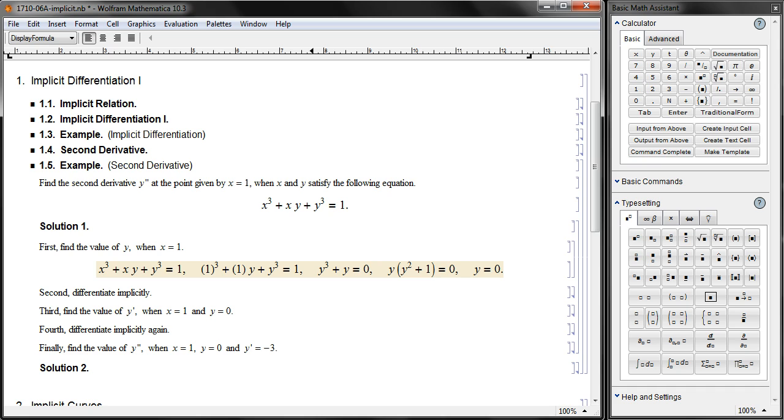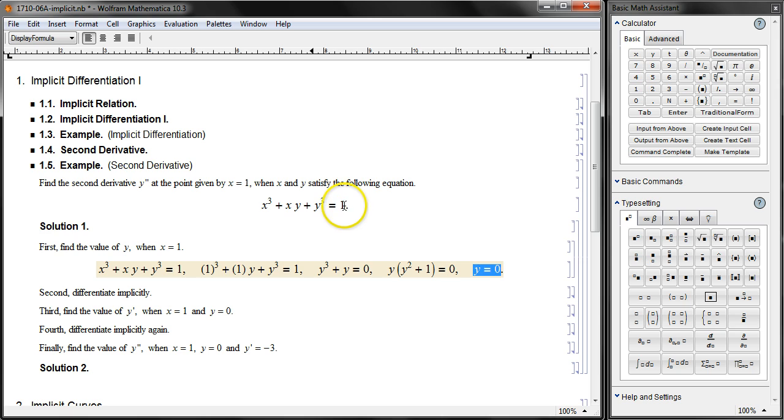Out of sheer luck, as a matter of fact, we could have multiple y values. In that case, we have to consider all the y values in the next steps, but luckily we didn't have to do that. Plug in x equals 1, and after some simplifications, we end up with y cubed plus y equals 0, and that has only one real solution, because y squared plus 1 never becomes 0, it's always positive. See the solution? Okay, now that we got x equals 1 generating y equals 0,